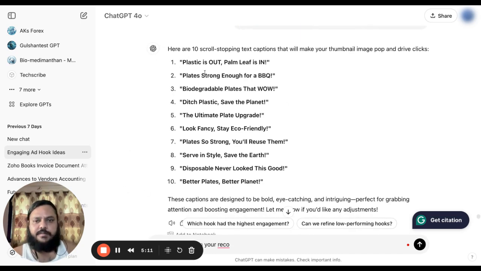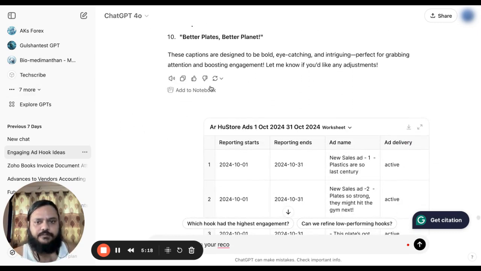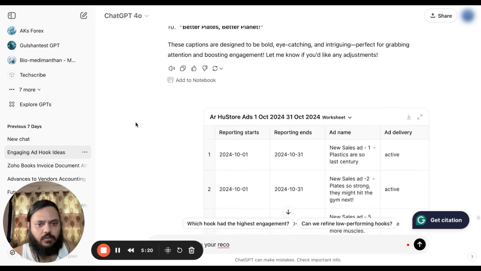All right, now I have a bunch of captions. I use these captions to test again separately. So first I test the hooks, then I will test the caption before the body, right? Once it is done,